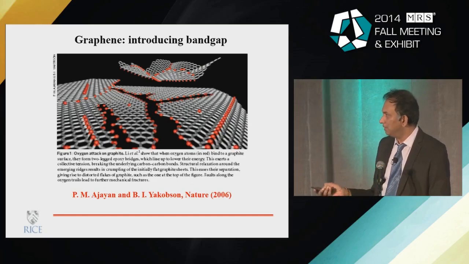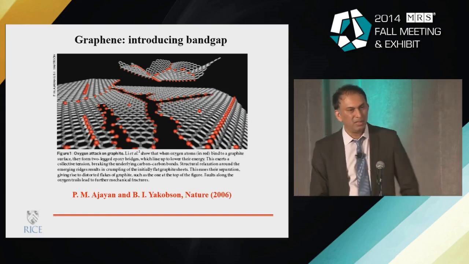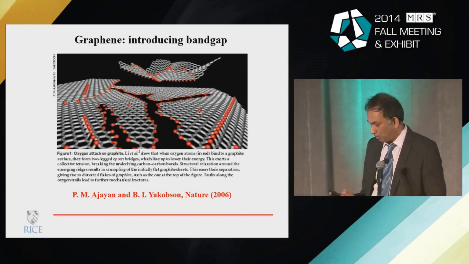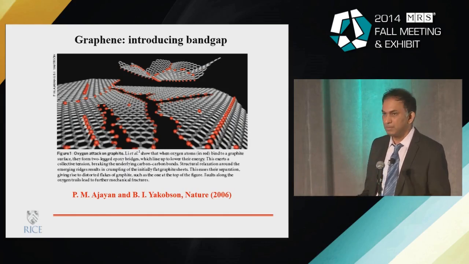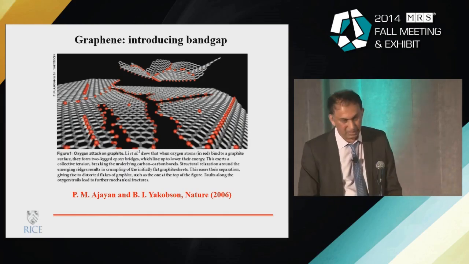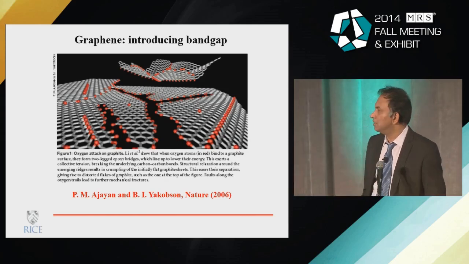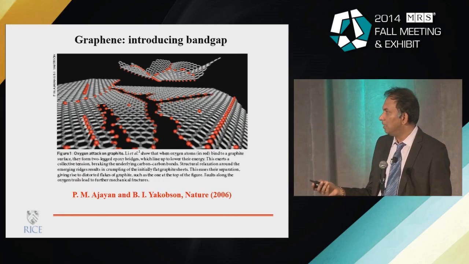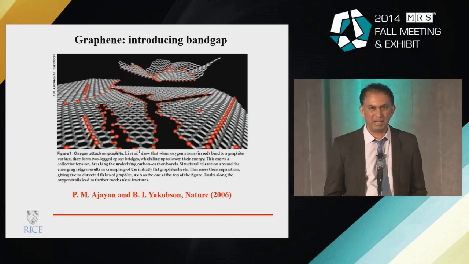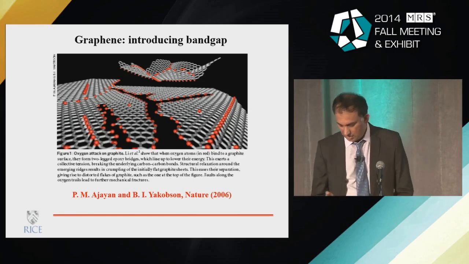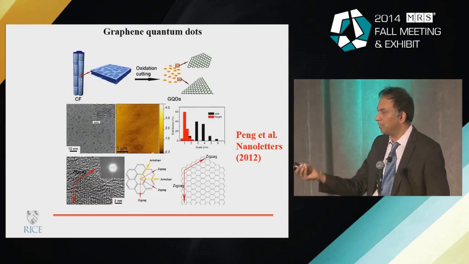For example, the edge that you expose when you're patterning seems to have an impact on the properties of this ribbon that you create. So there are some issues there as well, but there's been a lot of work dealing with how you can create dimensionally confined structures from these type of materials. The one thing that is great about graphene is it's two-dimensional, so you can actually do top-down patterning to create these low-dimensional structures. Similarly, quantum dots.